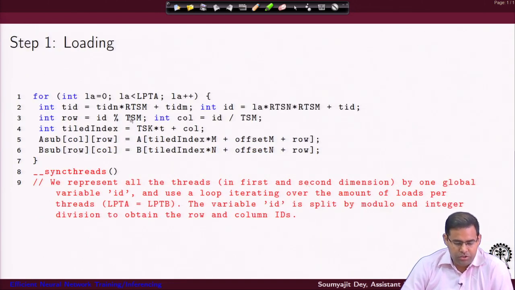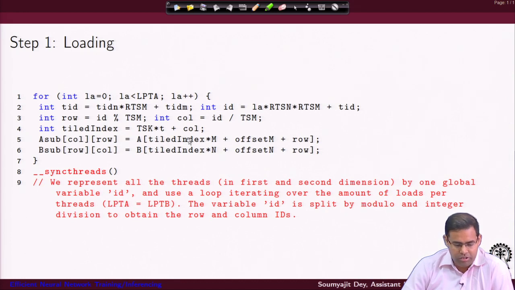So, using this loop, you are just identifying through this access expression from which location in the matrix A you are doing the load, and from which location in the matrix B you are doing the load. By doing this computation of ID with this formula, you can check it, because you are just figuring out which numbered load, and then you are multiplying it by this reduced tile size to go to that corresponding location, and then you are doing an offset with the TID which you have already computed here. So, with this you are able to go to the locations of both the A and B matrix.